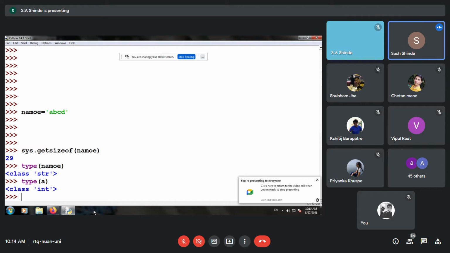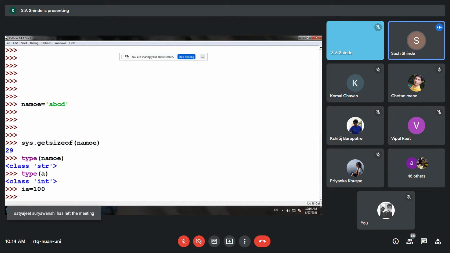Now we'll create an integer object. Say the object is IA. I stands for integer, A is the variable name, and you give some value to it, say 100. Second, we'll create a character variable, a simple character, CH1.